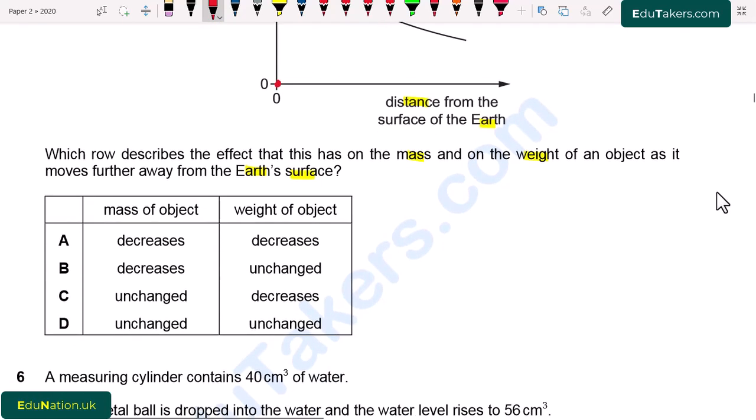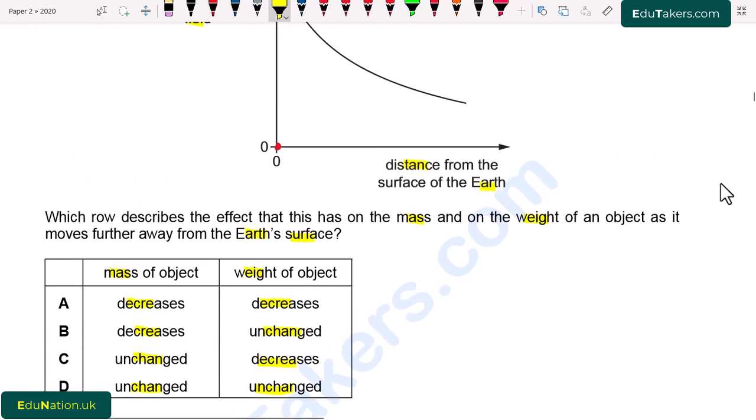So from here, mass of the object and weight of the object is given. MCQs A, decreases, B, decreases unchanged, C, unchanged, decrease, D, unchanged and unchanged. So from here option C is correct because mass is the intrinsic property of a body. It cannot be changed. So I write here, mass remains unchanged